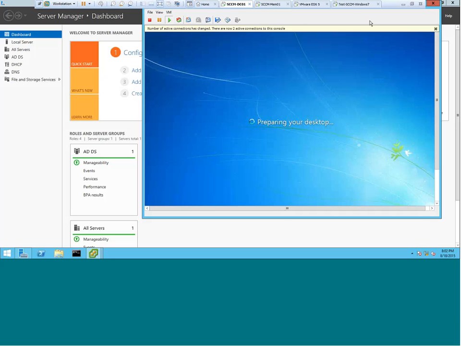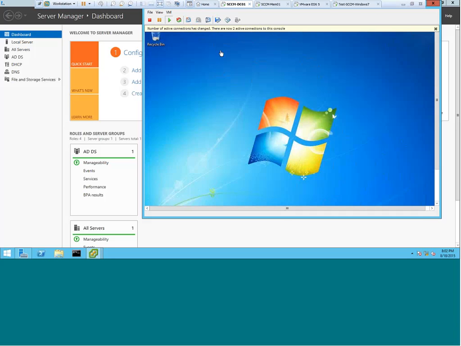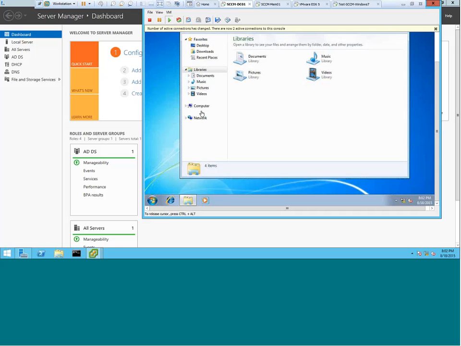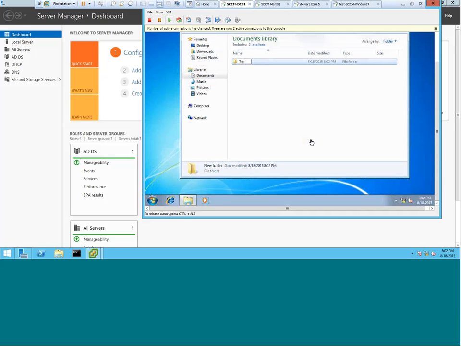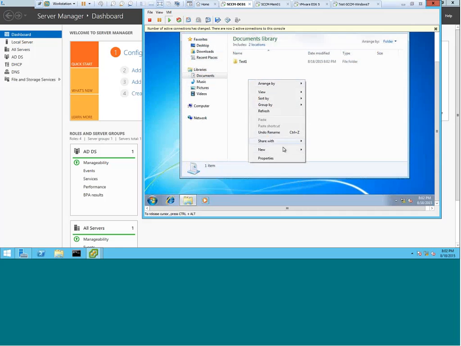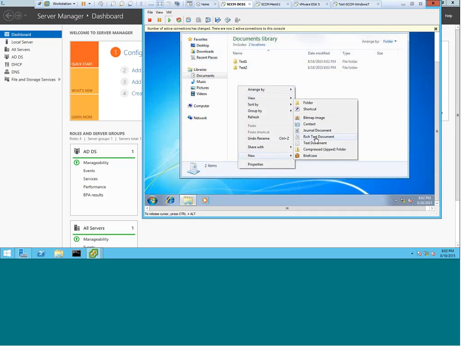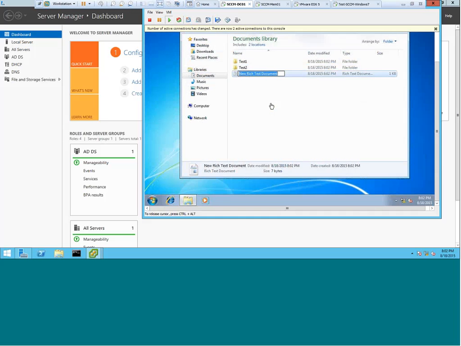Okay, so I have just logged in from test user 01, and I'm gonna go to the Windows Explorer and go to my documents, and create random files and folders. Folder 1, folder test 1, another folder test 2, and one random another file. Okay, rich text document test 3, and then